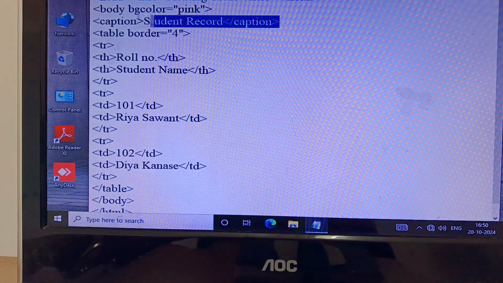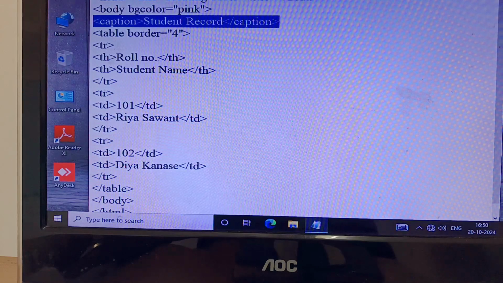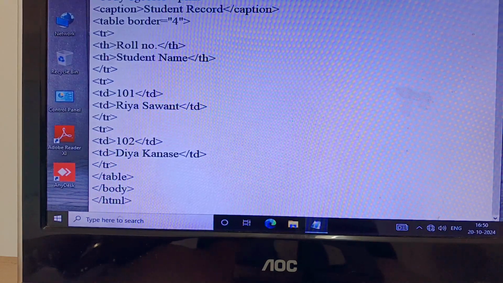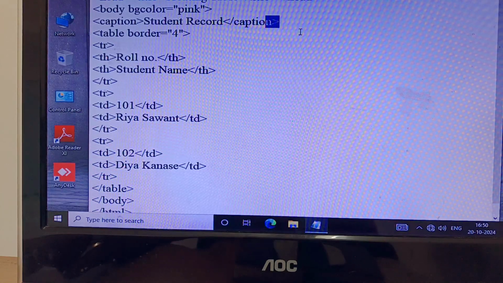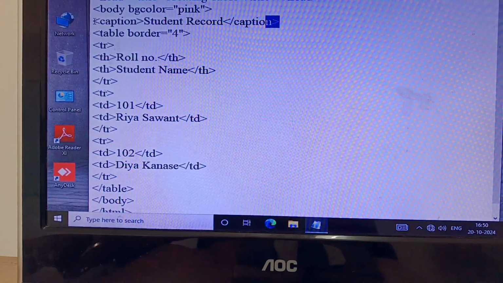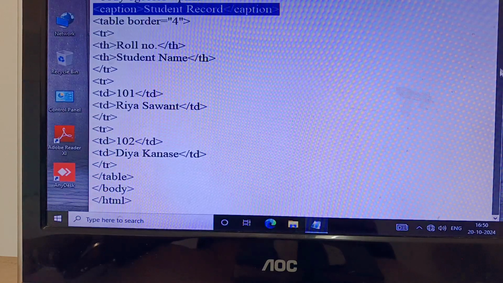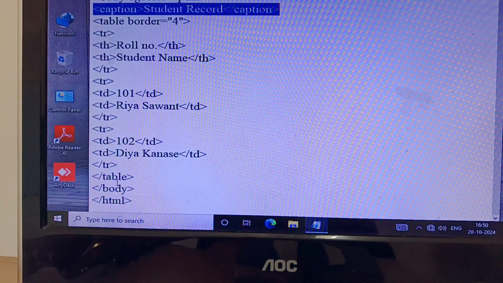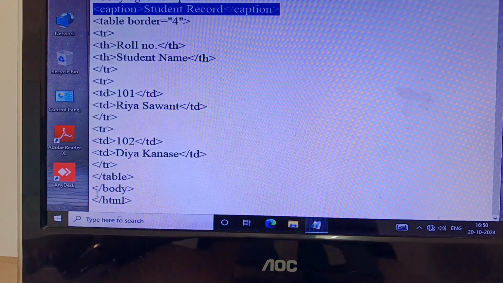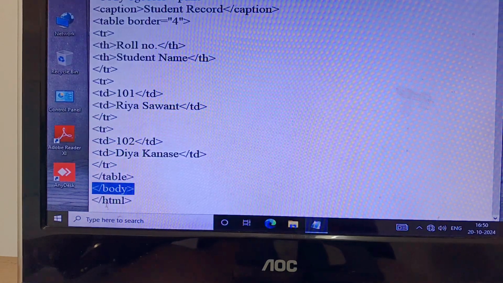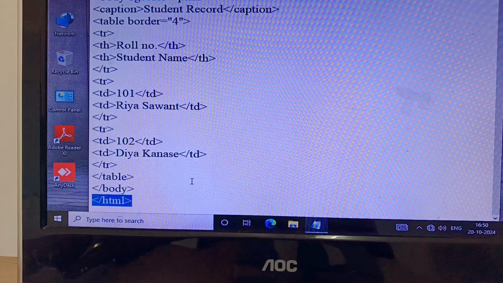No need to mention this caption tag after the end of the table tag. At first only, here only, we have to mention the caption tag above the table, and end of this caption tag. And when all the table data filling along with the headings is over, then we have to end the table tag, then end of the body tag and then end of the HTML tag.